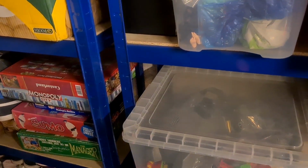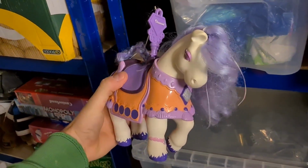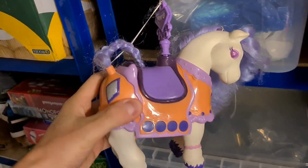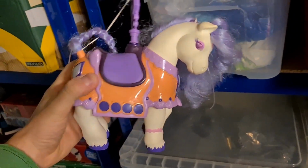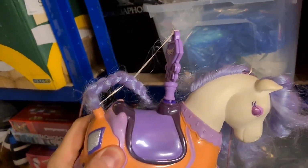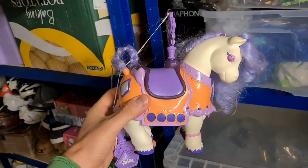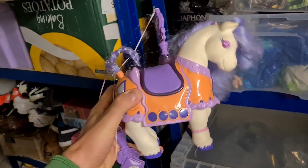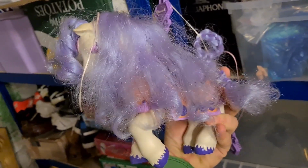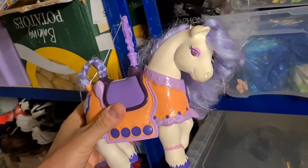I love finding toys like this, hidden gems out in the wild. I picked this up in a community shop over in Pontyclun. It's by Tonka and it's called Keepers. It's a horse with a brush on its tail. Open up the lock and the saddle opens up and you can keep things inside. So I did price it at the very top end of solds because it does have all the accessories with it. There must be a collector's market for this one, because this has gone for just under 30 quid all